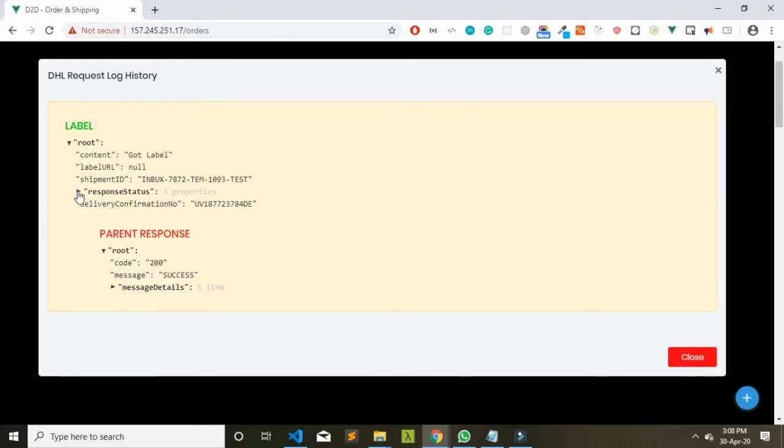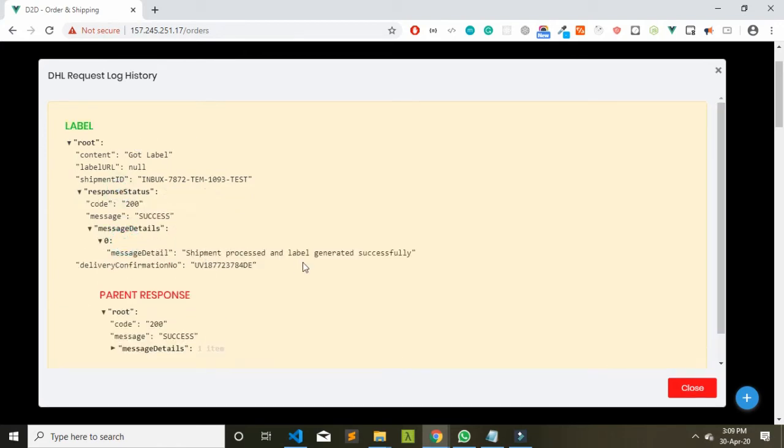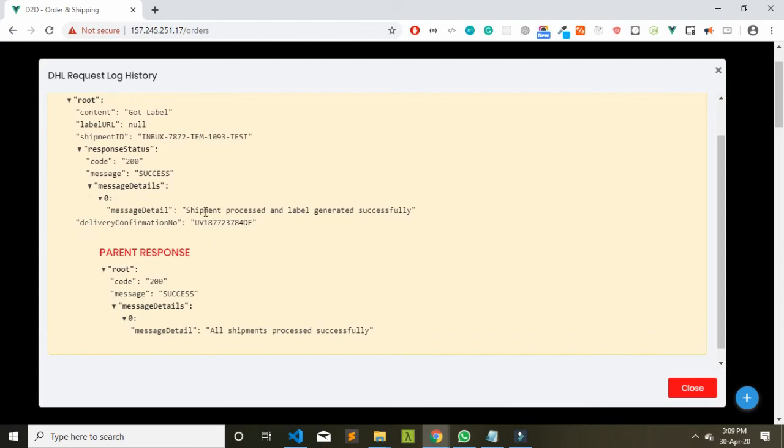So here it shows what kind of request was sent. So this request was sent for the label, and here you will find the details of it. So shipment processed and label generated successfully. For this request it was successful, but sometimes you are going to see some failure responses over here.